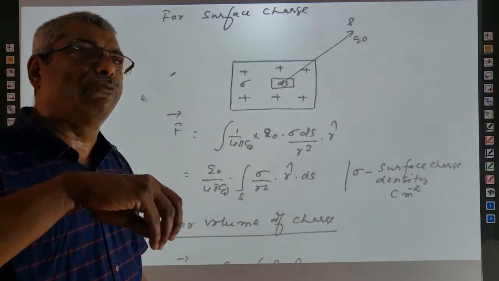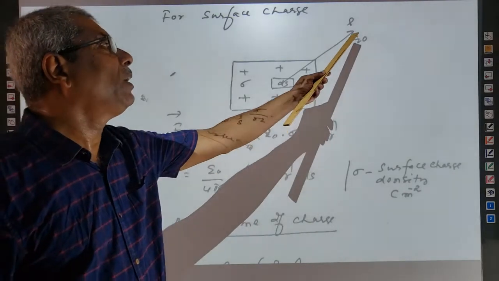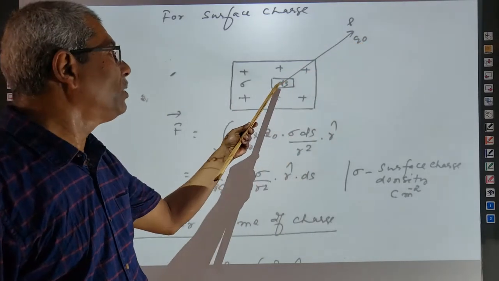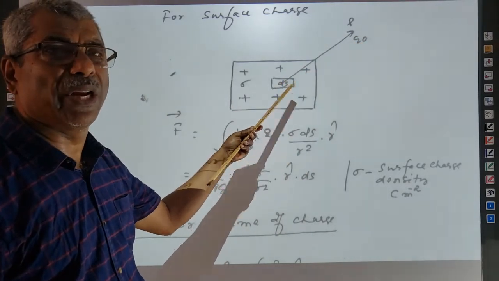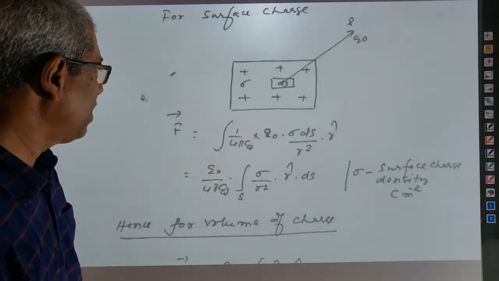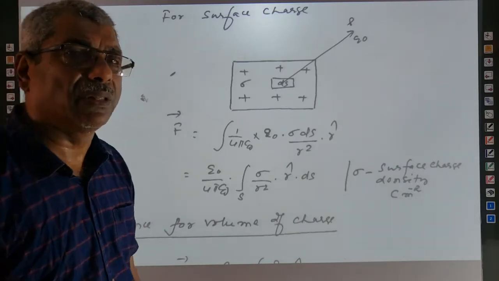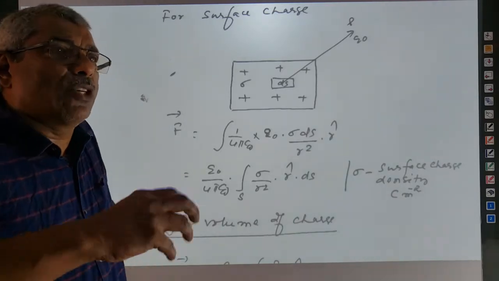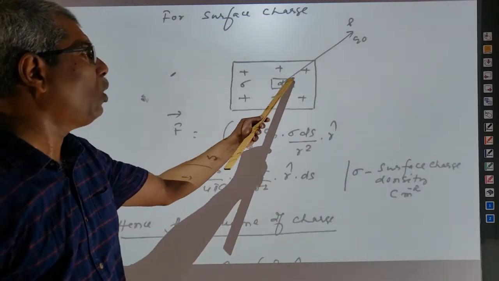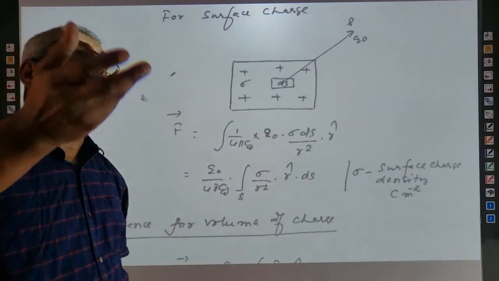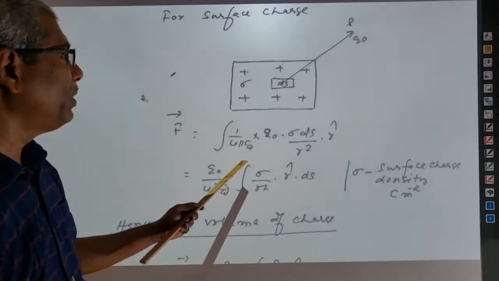We will first find the force acting between a charge Q0 placed at P and the small amount of charge present in a very small area ds. First of all dF is found, then F is calculated. dF is the force between the small amount of charge in a small area and Q0. That is found, and for the total force we have to integrate it.